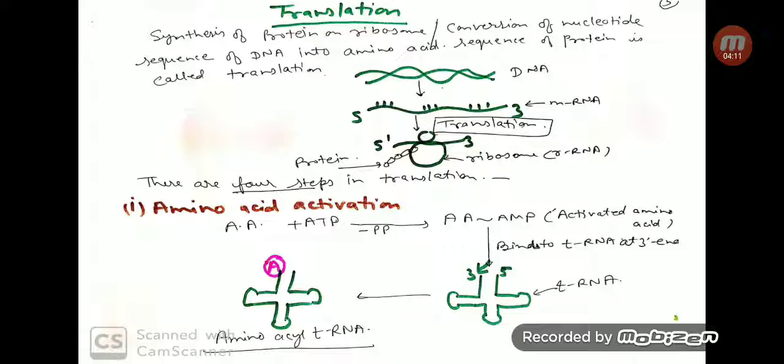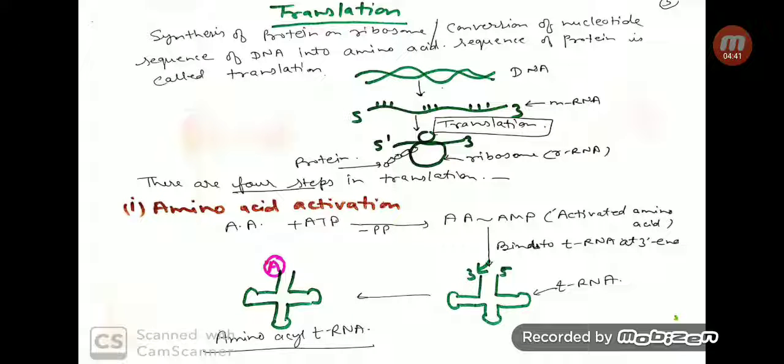Now we understand translation. Translation, as I told you, is synthesis of protein from mRNA. It also occurs in 4 steps. First one is amino acid activation. In this, various amino acids are activated by ATP and they form AMP-activated amino acid. Then they bind to the tRNA,